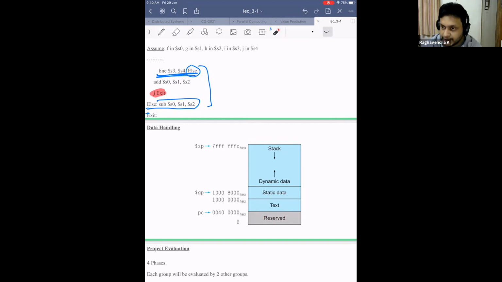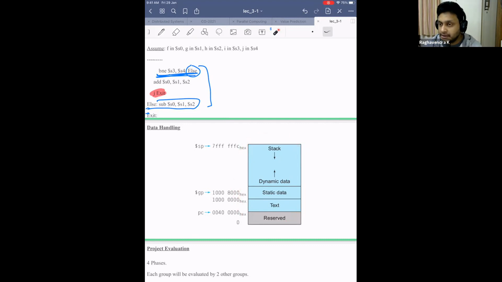MIPS doesn't have multi-processing, so it's just one program that is always running, and this program is divided like this. But your system does support multiple processes, which means you can launch multiple processes. You can open Firefox, watch a movie, and have Zoom running while listening to the lecture, which means each one will have one of such copies. They will be mapped to memory, which we will see very late in the class, maybe sometime in March. But MIPS has only one process running, and that is how the data is organized.